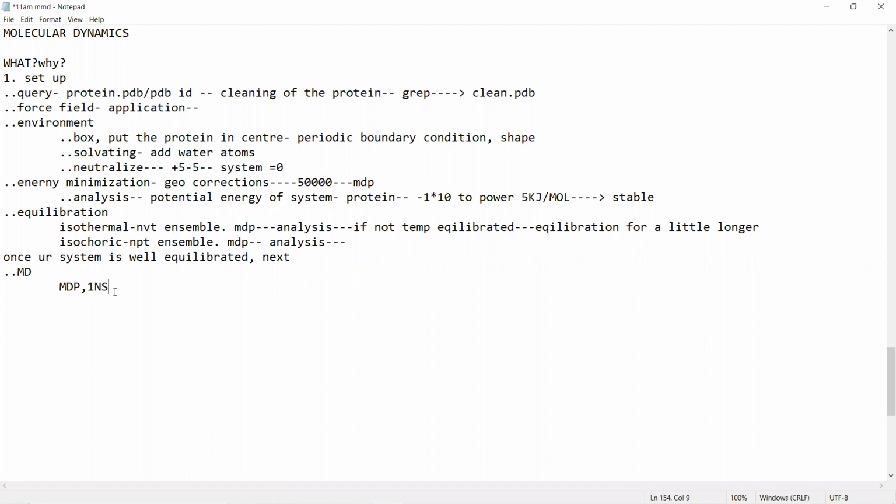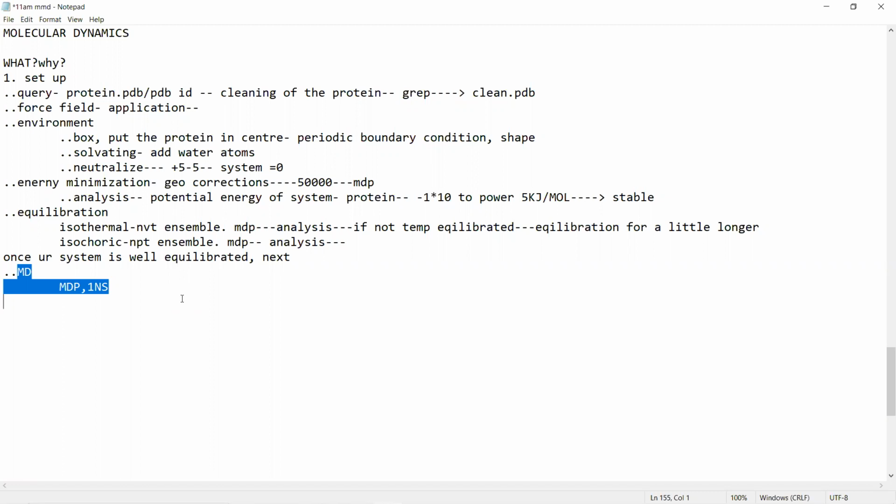So for 1 nanosecond, the minimum cost on a server like the one we use in our company for our industrial services is around 5,000. So 1 nanosecond will not give you anything. 3 to 5,000, I'm not sure about the exact cost. For 10 nanoseconds, it will be around 10 to 15,000. So based on cost only, people are refraining themselves, but it is very important to study your system for longer time frames. The longer the time frame you study, the better conclusions you will be able to give on your system stability.